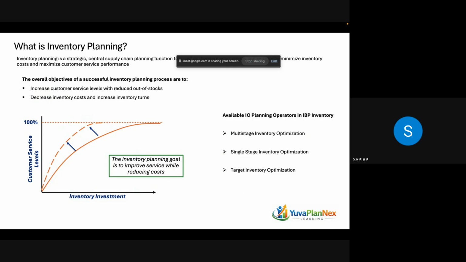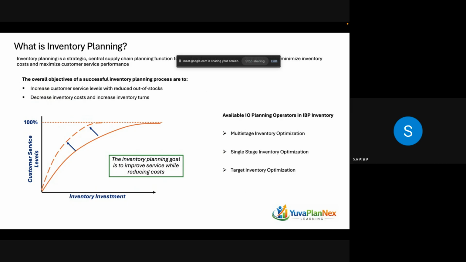So what will you get if I do the inventory planning? You will get an idea where to keep the right inventory. Or in short, the right inventory at the right node of your supply chain network. If you do that, you can avoid both situations, that is stock out or the high inventory holding cost rate. For that, in IBP, we have a separate module, that is IBP for inventory.